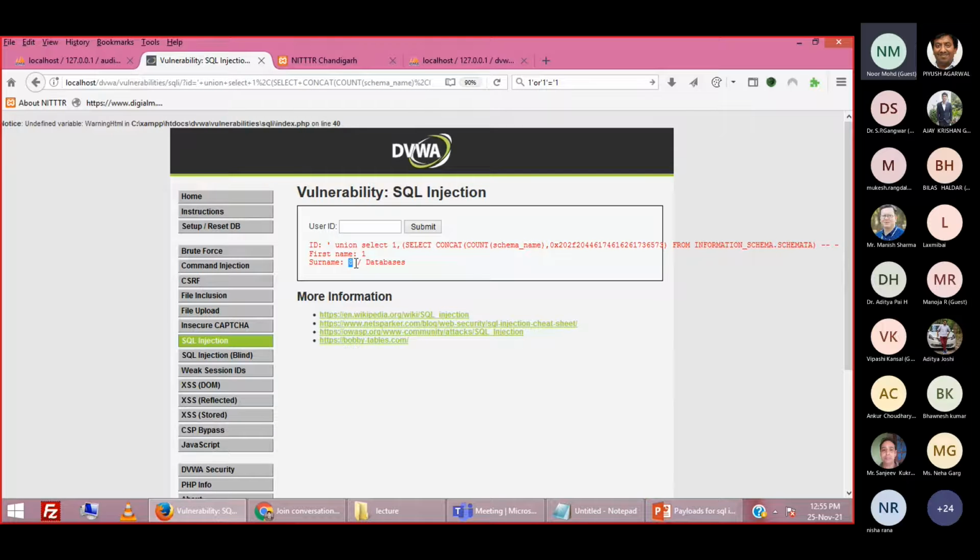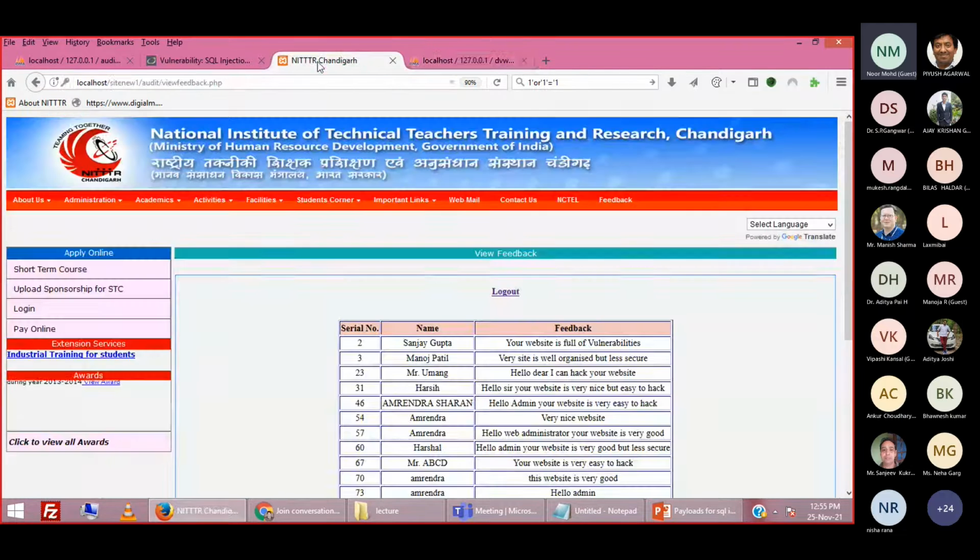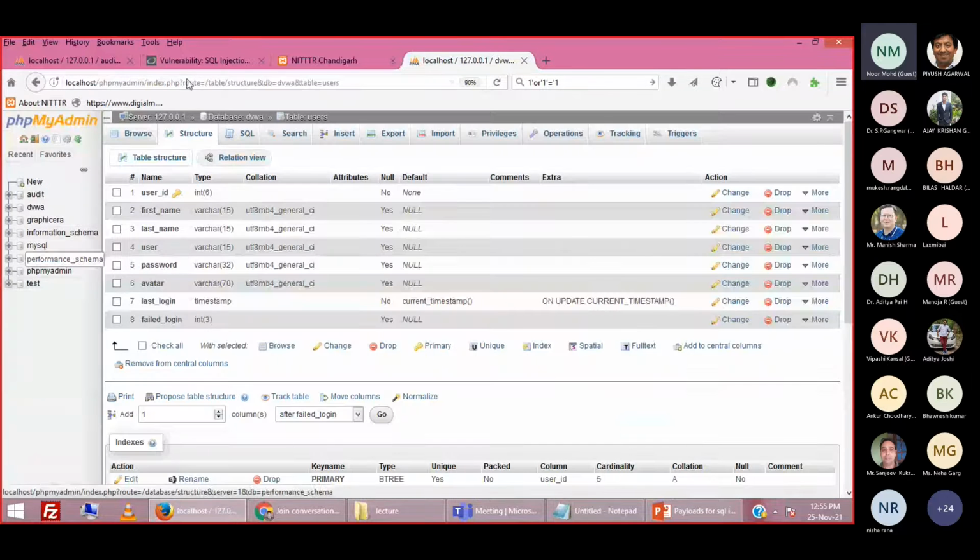The more information he has, the more damage he will create for you. He may ask for ransom. Suppose you are a website administrator, or director of some company, and you get a phone call from the hacker: Mr. Website Owner, your website has these many databases, and he tells you the names of the databases, audit, DVWA, Graphicera. So I am going to delete your particular database.